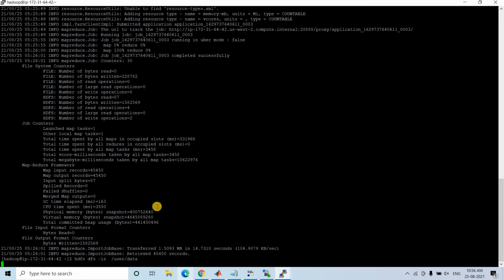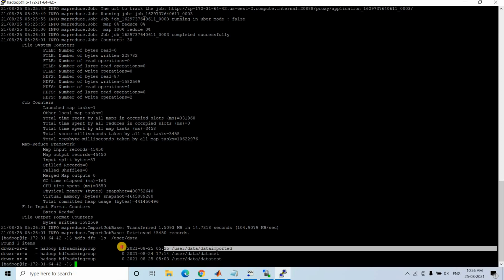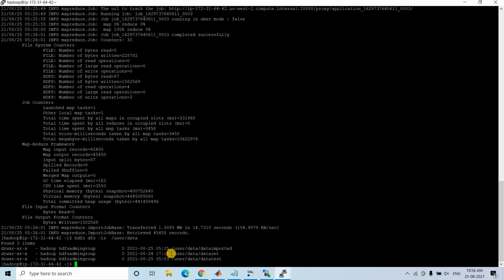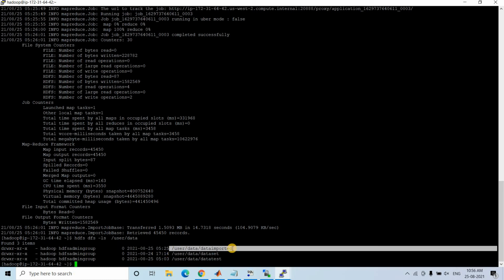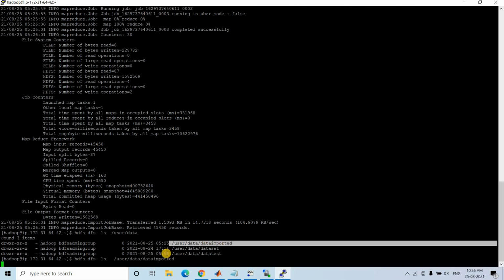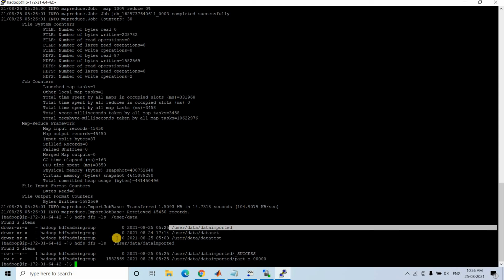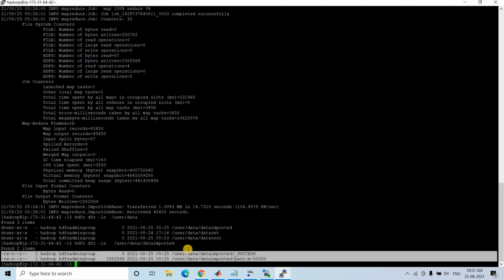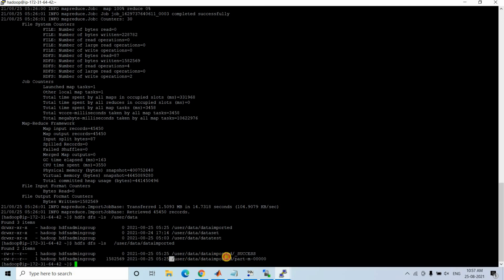Hit enter. It will list it: see, data imported, one new directory got created. Now let us check what is present inside this. HDFS dfs -ls on the imported data directory, and here you can see there is one success file and one partition inside which our data got stored.